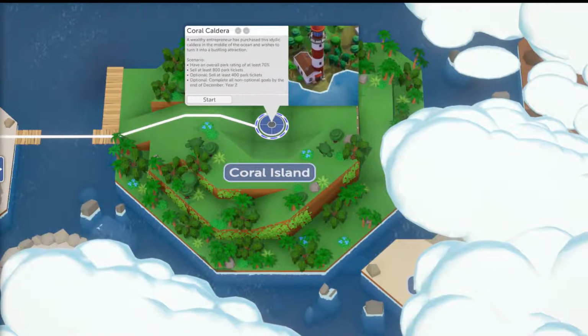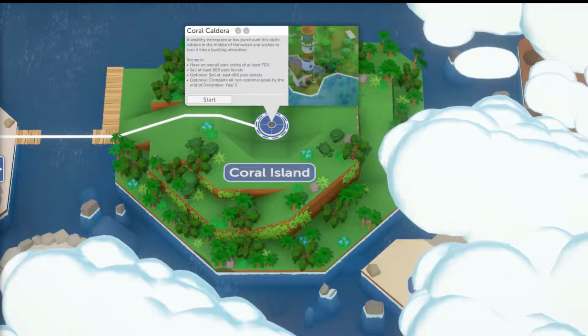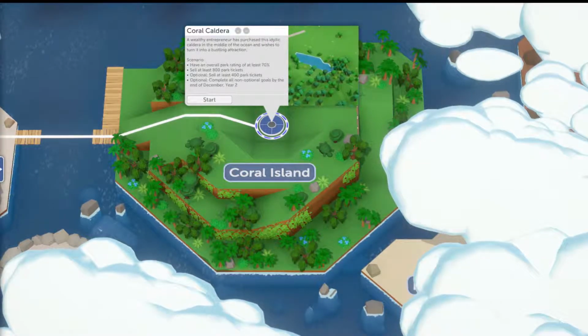Assuming there's probably less land, or it is probably a bit harder to navigate around, because this one was pretty much a flat area. That was a little bit easier, but